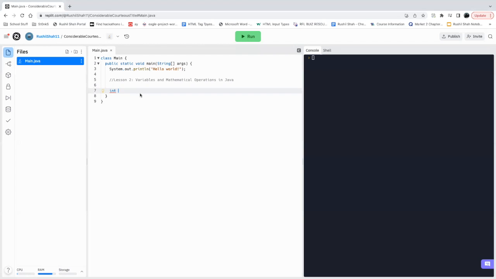So all we say is int, and then the variable name, and feel free to replace the variable name with whatever you want to call the variable, is equal to 5, like so. And you'll get some error. It's not used. But this is basically